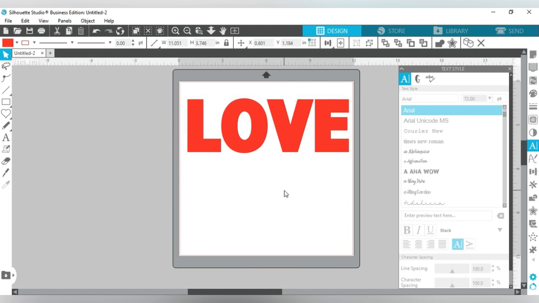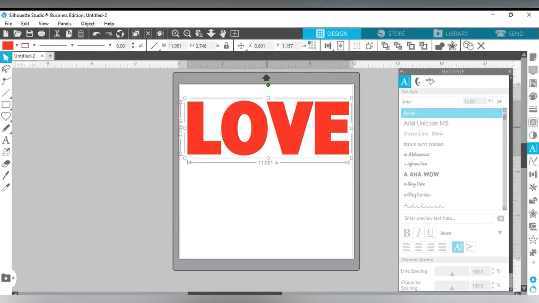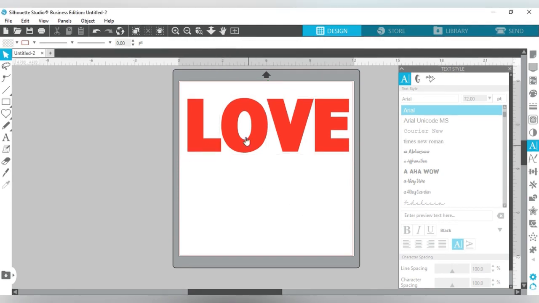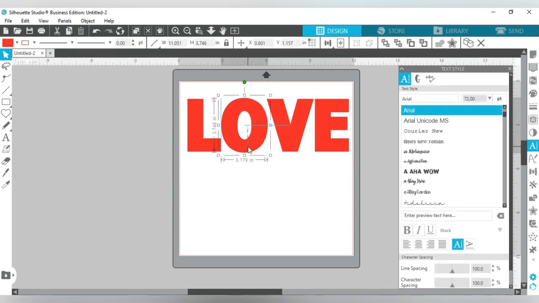Now, what I'm gonna do, I want a heart. Instead of having the O here, I'm going to put a heart there. So what I'm gonna do, I'm gonna right click and I'm gonna press ungroup. So when I press ungroup, I'm gonna